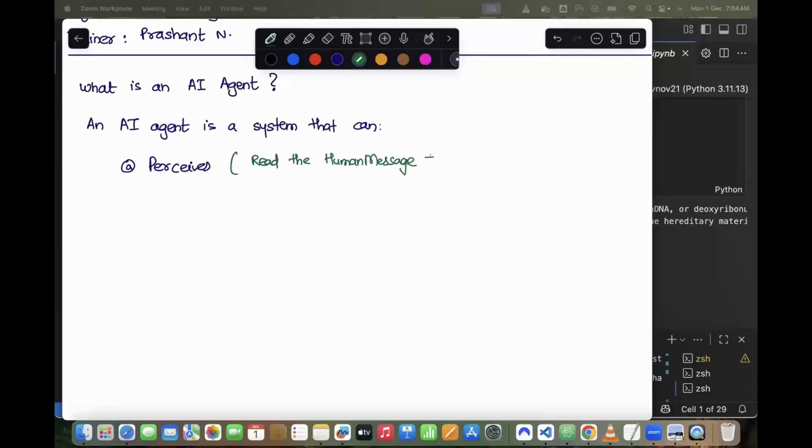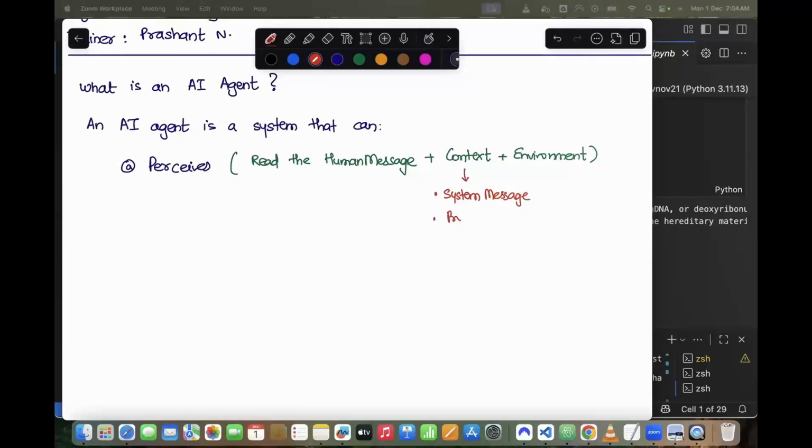Read the human message plus the context plus the environment. Now, what do you mean by the term context here? Context can be your system message